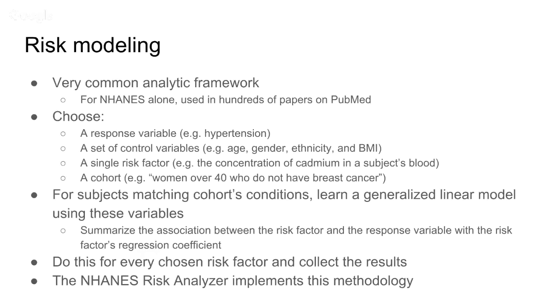And so then we have a cohort. So a cohort, you can think of it as a set of inclusion and exclusion criteria. So you have a large data set, but then you want to filter it down to the set of records you care about. So that set of records you care about is the cohort. So something like that could be women who are over 40 and don't have breast cancer, but there's a lot of different cohorts. So you might say, well, how do we choose what cohort it is? How do we choose what our risk factors are? And that's kind of an open question.